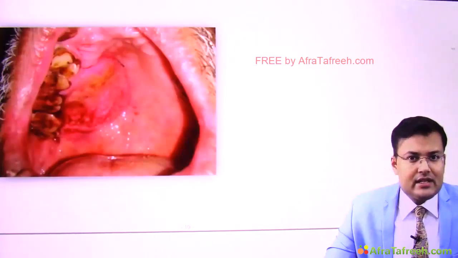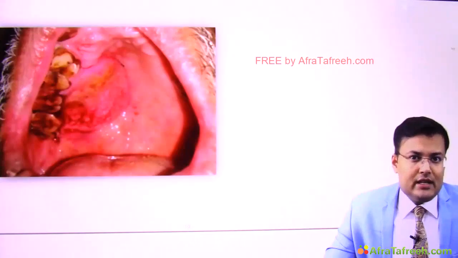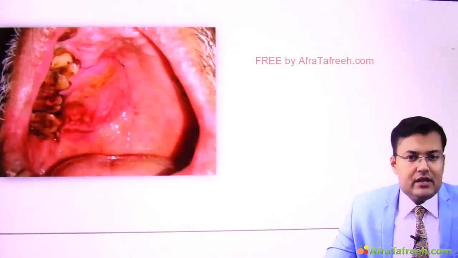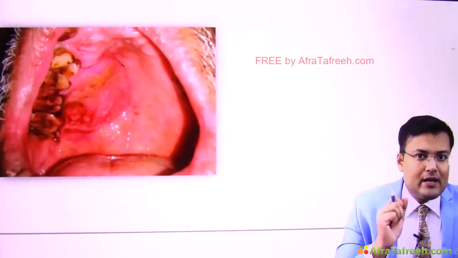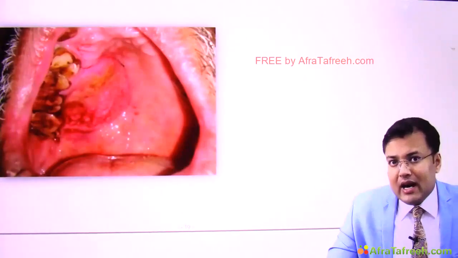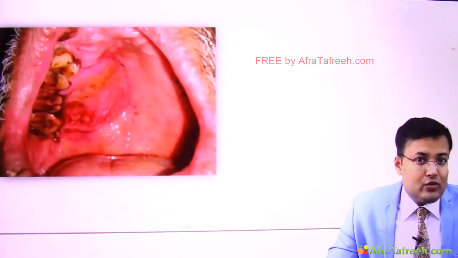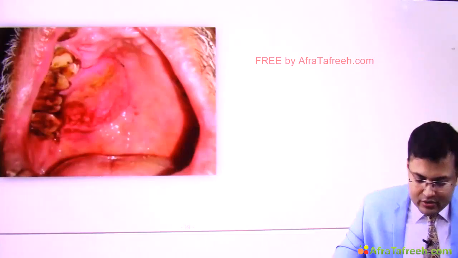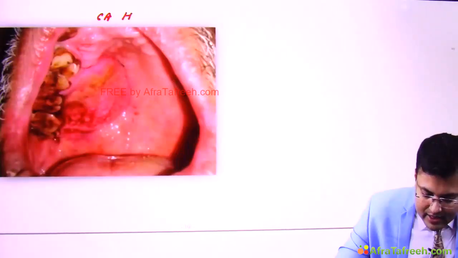Second variation, we discussed the malignancy which is most commonly associated with lymph node metastasis, carcinoma tongue. Least commonly associated with lymph node metastasis, CA lip, followed by carcinoma hard palate. So in carcinoma hard palate also, lymph node involvement is rare and it is only seen in advanced cases. Okay, so see the important points. This is carcinoma hard palate.